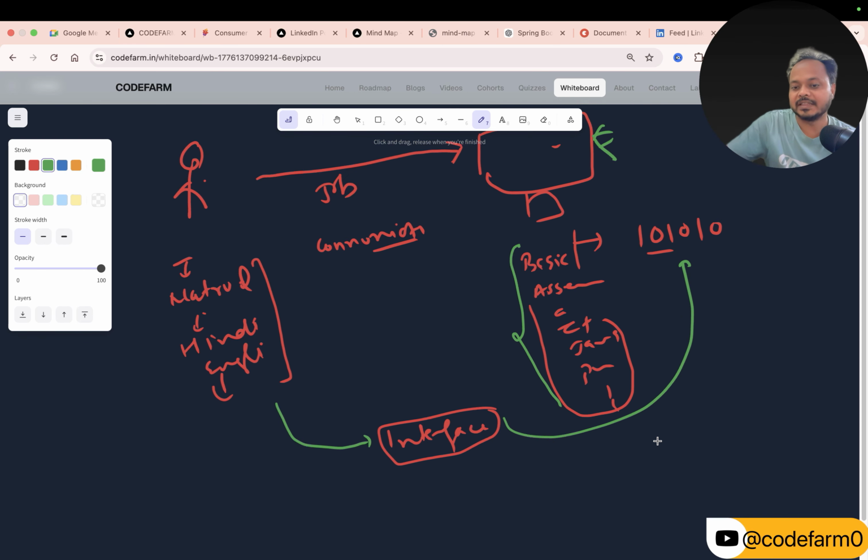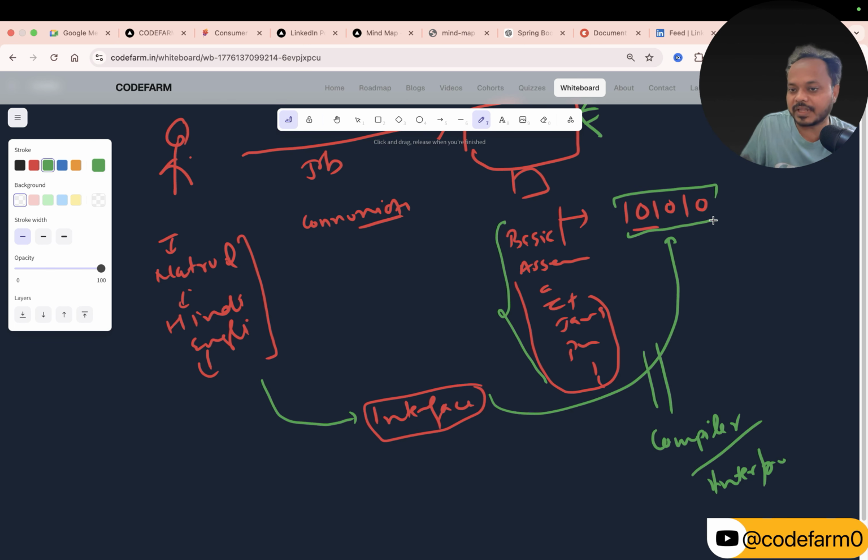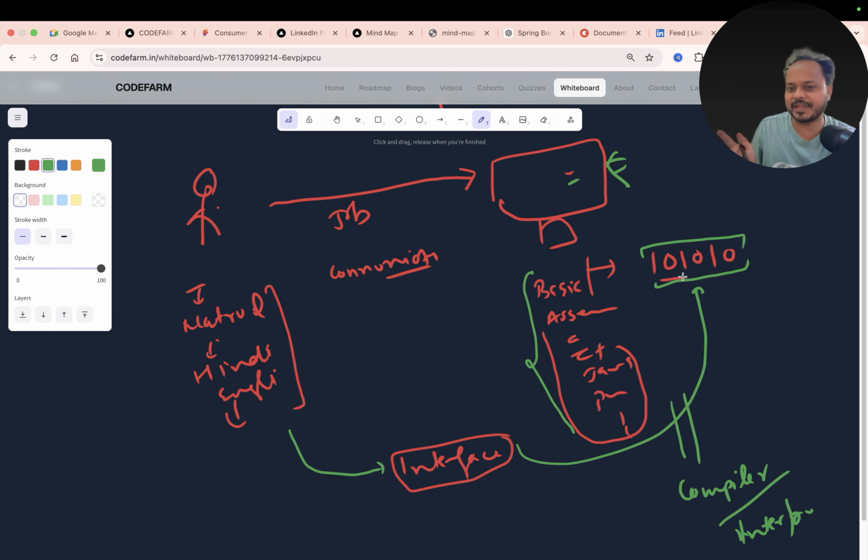Then there is one more interface, what we call the compiler, or we say the interpreter. Interpreter for what? For the computers actually. So the machine executable code, these are converted into binary formats, and that's how the computer knows, hey, these are the things that I have to do. If there is any issue coming, optimization or an error, we have to understand the logic around this and optimize around that. But still this interface is there, right?